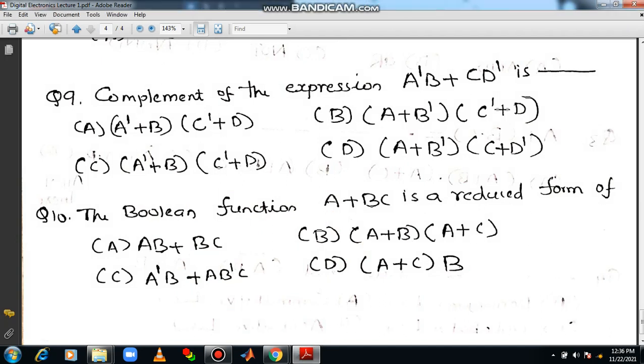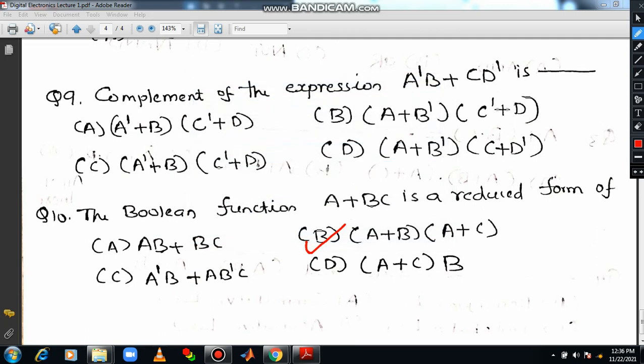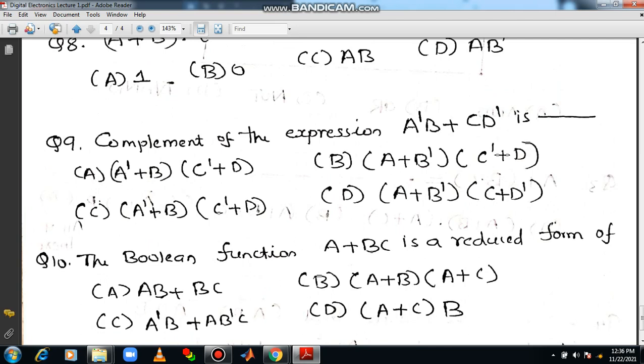So from this particular solution, you can reach from the answer to the question. I referred to the answer first, and definitely I could reach it. Anyway, options D and C are incorrect. A is completely incorrect, and C and D are also incorrect. So definitely I have to select option B. Option B is the correct answer. Please select option B. This we are familiar with. This kind of question can be expected in competitive examinations.